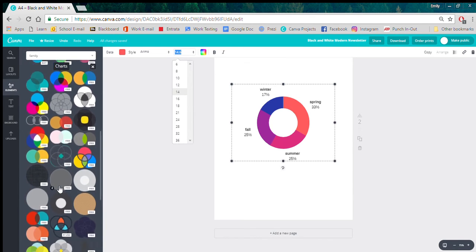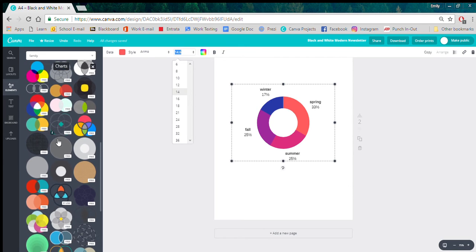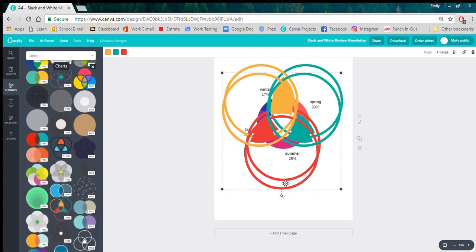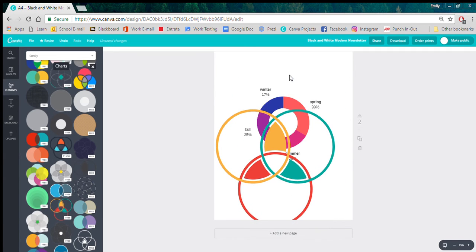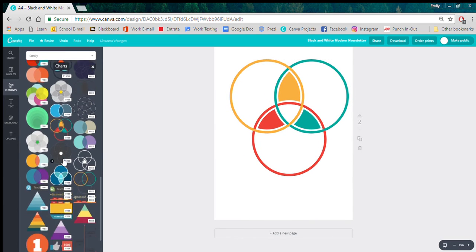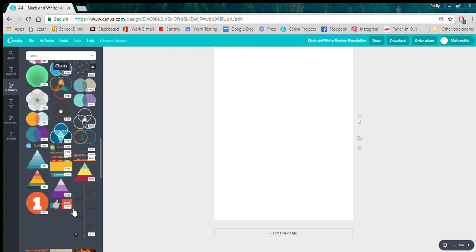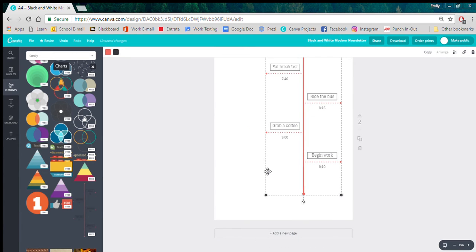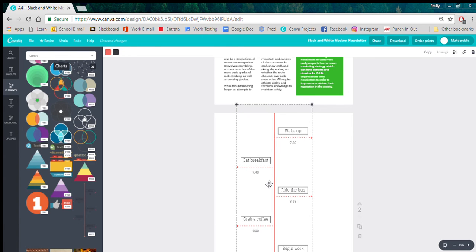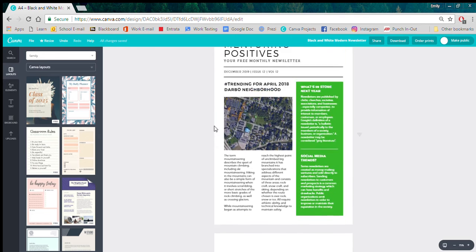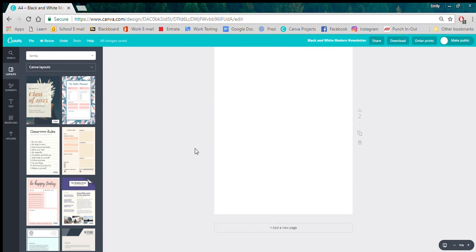And then they give you some other graphs and charts to work with, some Venn diagrams. These can be really fun. We'll just quick delete that. Delete that. Maybe give you some pyramid charts. And some timelines to choose from. So if you need to maybe do an itinerary, do that. And then let's say you have a lot of content to write about, so you need some extra